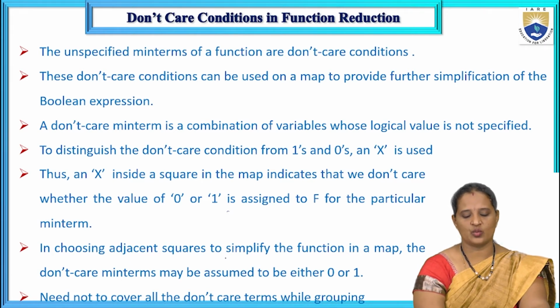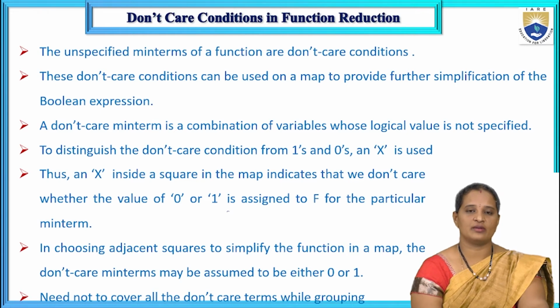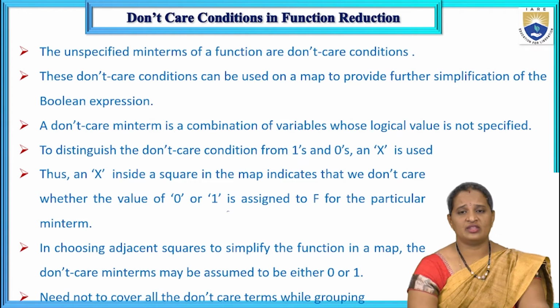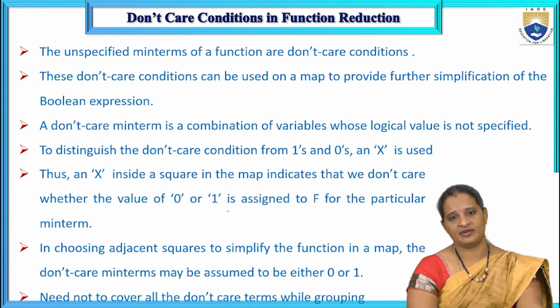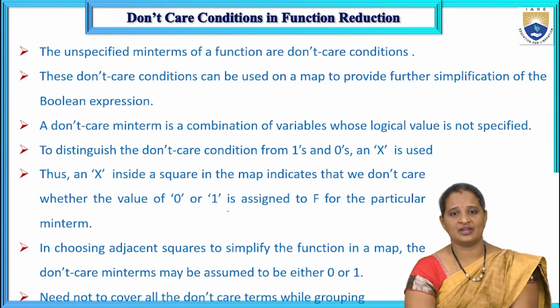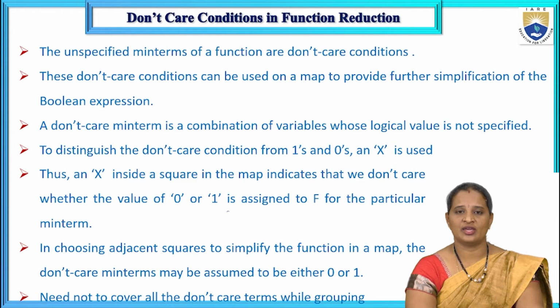So in choosing adjacent squares to simplify the function in a map, the don't care minterms may be assumed to be either 0 or 1. So if any don't care conditions are present, we can consider them as either 0 or 1 while grouping. Whenever you are grouping zeros, a don't care condition can be considered as 0. If you are grouping ones, then you can consider the don't care conditions as 1 because it is not specified. But one thing, if it is required, you can use the don't care conditions to get a more simplified expression,